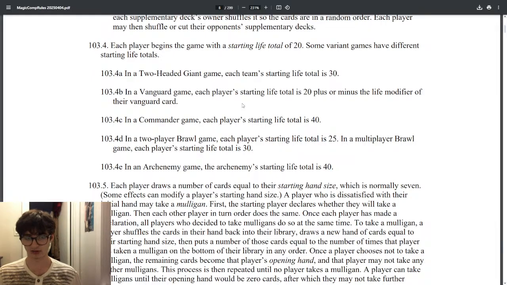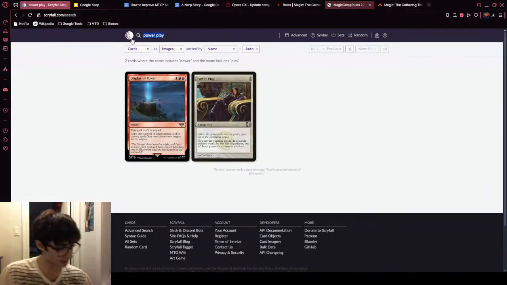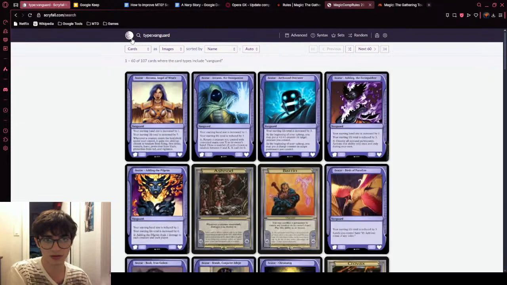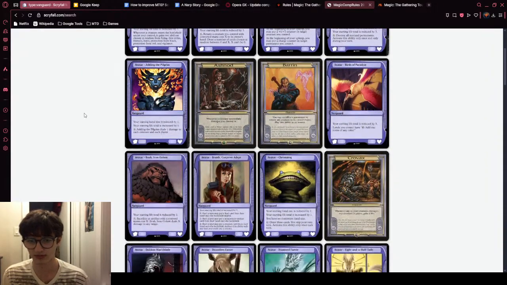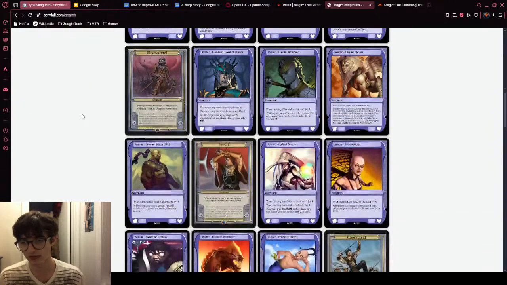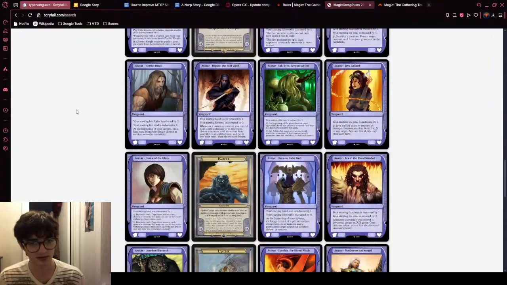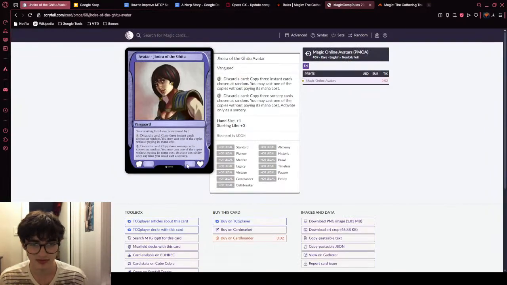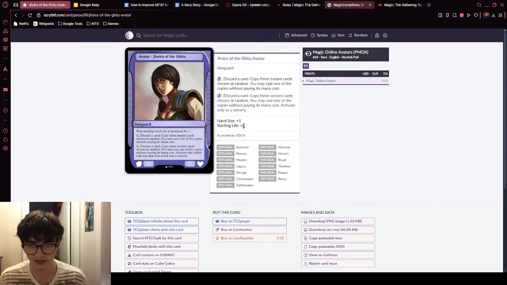I've never played Vanguard. I don't know what Vanguard is. But if you look for type Vanguard, then you'll see these cards exist in the game. These are non-traditional Magic cards, so you'll never put these in your decks. But yeah, they exist and I don't know what they do. Maybe we'll figure this out. Maybe we won't figure this out. But hey, there we go.